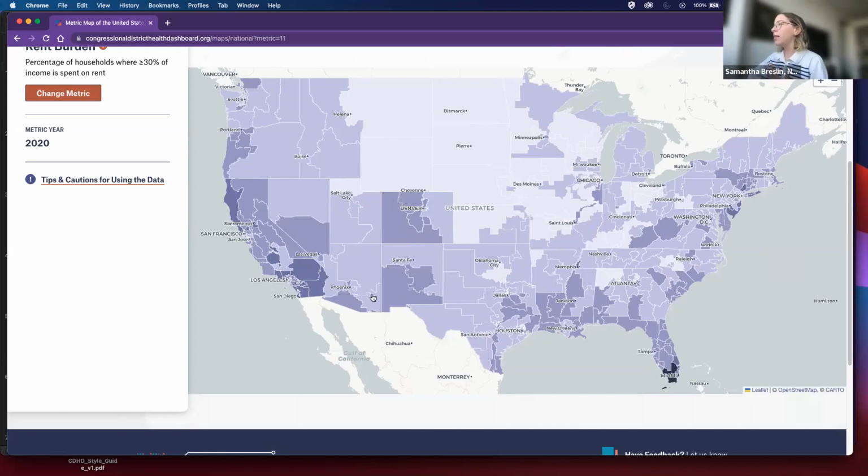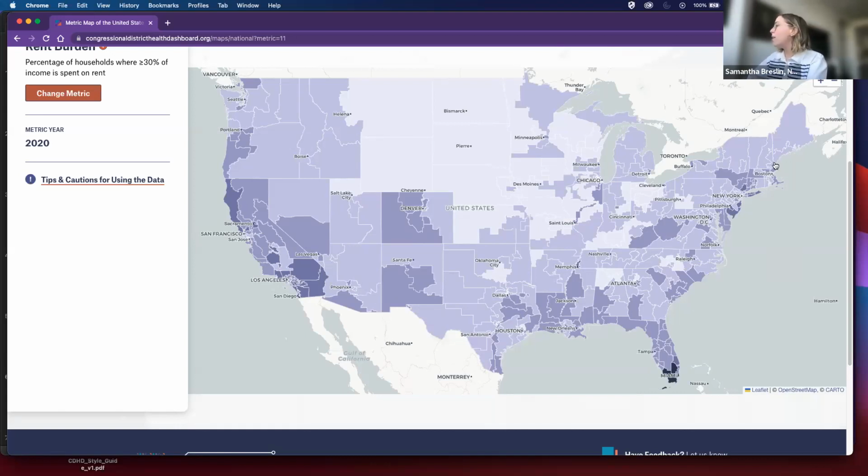So at a quick glance, you're really able to see trends that pop up at that national level across the US. So as we would expect, and like I said, darker colors mean poorer outcomes, lighter colors mean better outcomes.